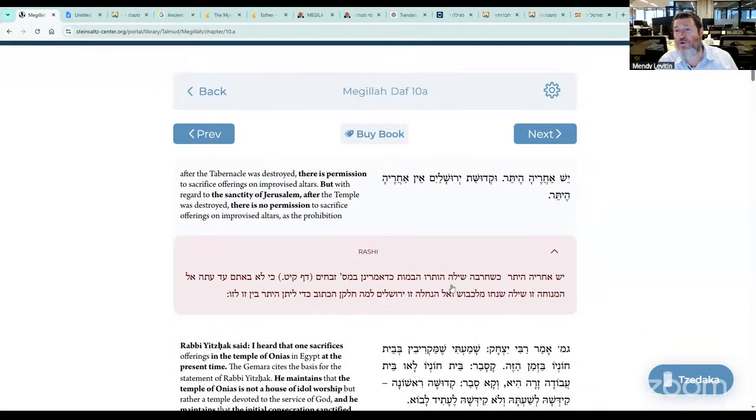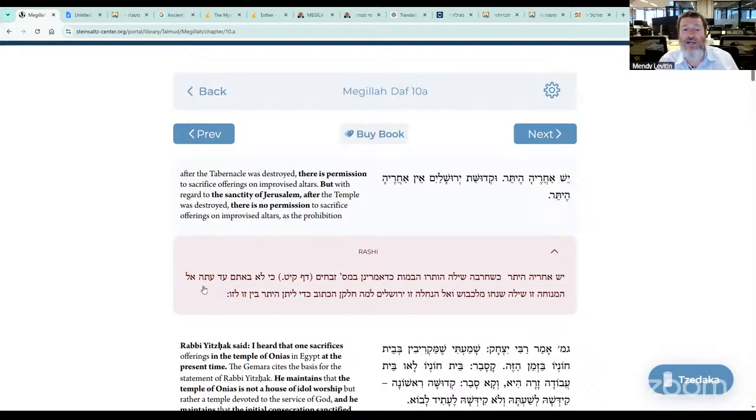Once Shiloh was destroyed, in the 50 so years between Shiloh and the temple, which we said the big altars were in Givon and Nov, Kishachar Shiloh Hutra Habamas. Private altars were allowed, as we learn in the tractate of Zvachim, that deals with the laws of sacrifices. There's a verse to support this law.